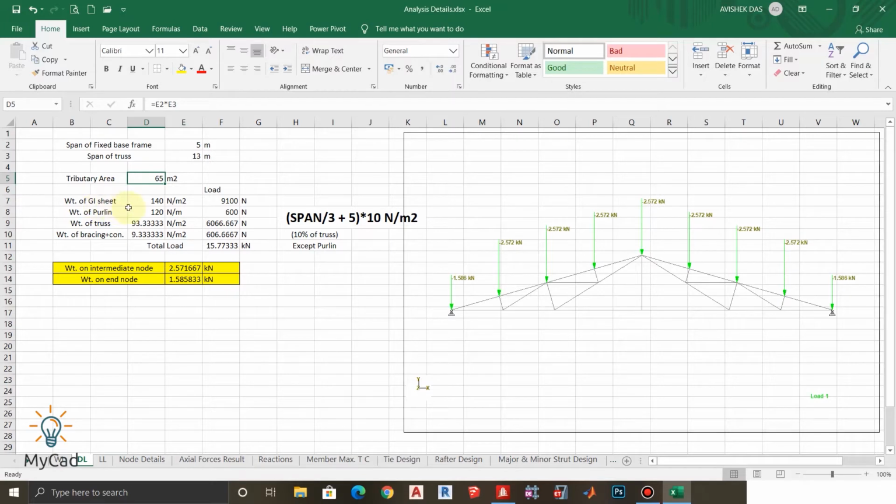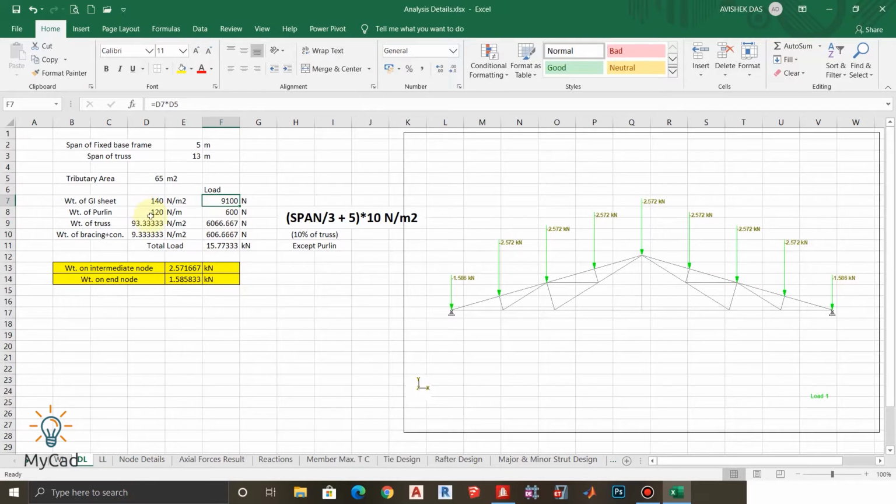So first of all we will take the weight of the galvanized sheet, that we take as 140 Newton per meter square of plan area. Thus total load is 140 into 65, that is 9100 Newton on the total truss.